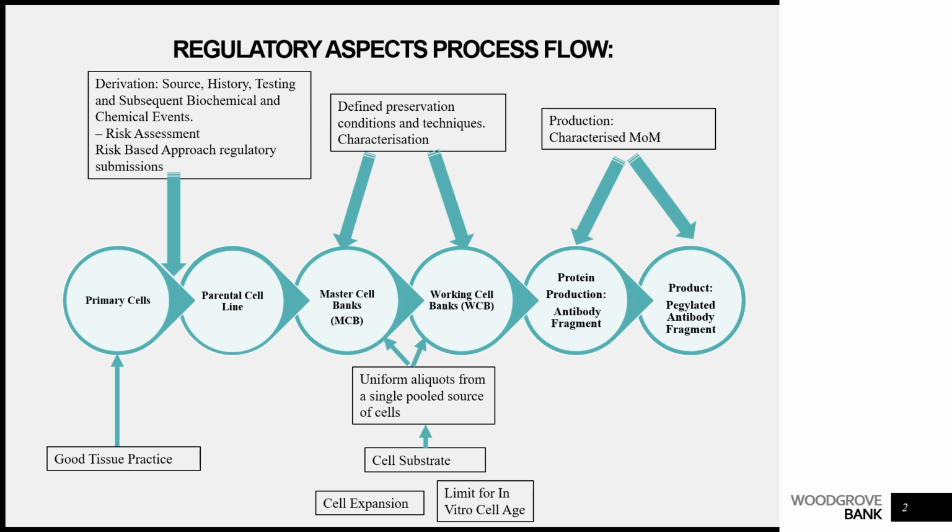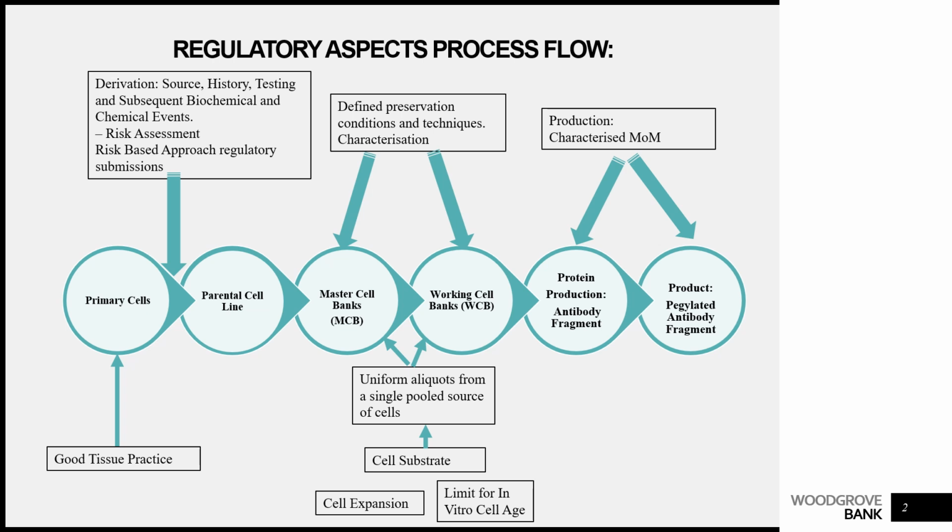This is a regulatory flow chart overview, which details the life cycle of the cells that ultimately produce the protein product, which is the antibody fragment. You start off with primary cells, and these primary cells are then used to form the parental cell line. Now, primary cells are usually obtained from tissues or organs, and these